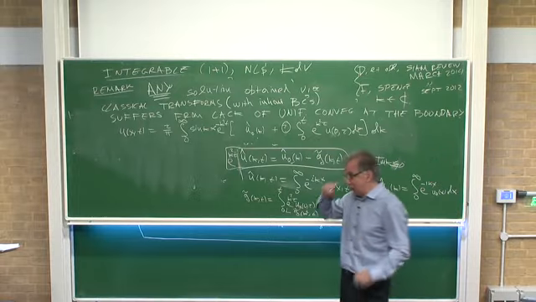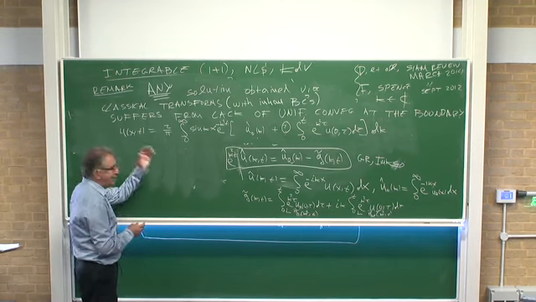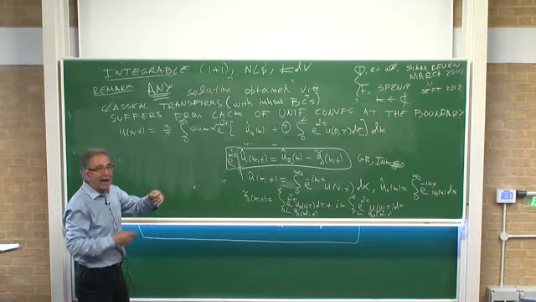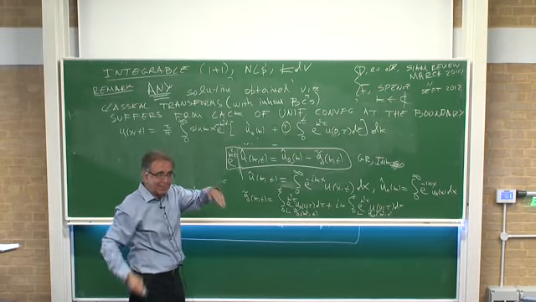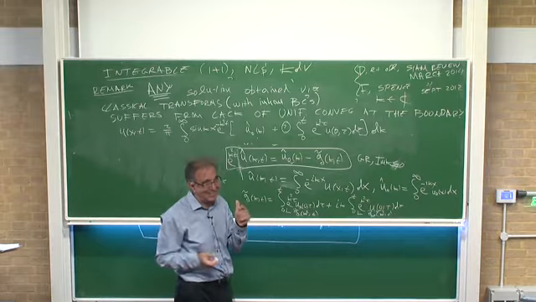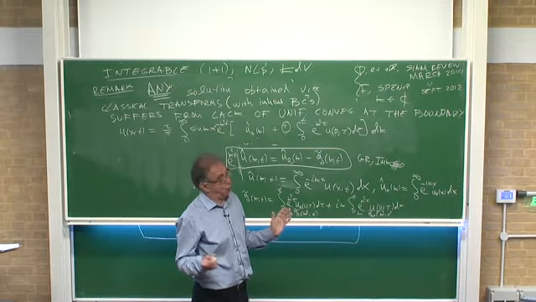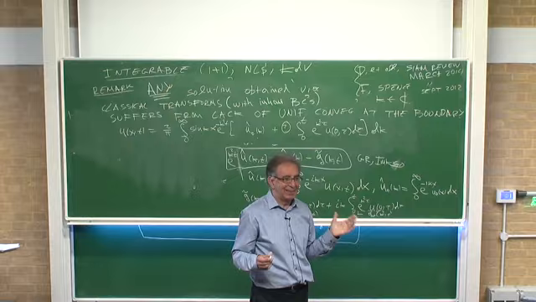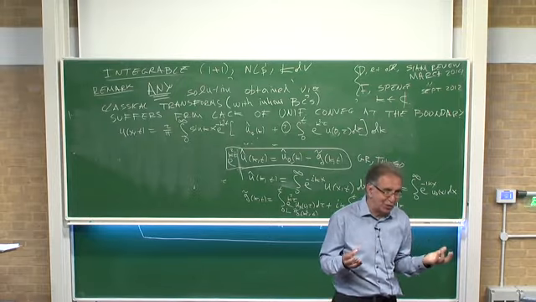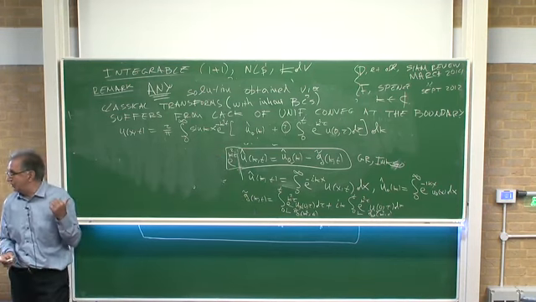Why? Because in order to obtain this solution, what do I do? I start with my definition of the sine transform, and then I take the derivative and I replace by the equation. Do I know that u(x,t) exists? No. Do I know how it behaves for large x? No. Do I know that any of this is legal? Absolutely not. Of course, you might say, go to a PDE guy, and the PDE guy will give you a priori existence, uniqueness, properties of this, and you can do it. But if you don't go to a PDE guy, or girl, and you want to do everything from first principles, you have done nothing.